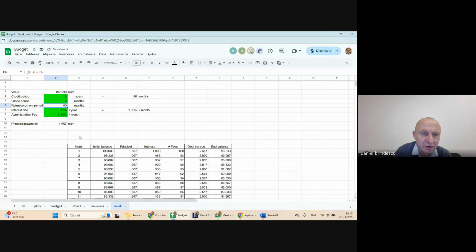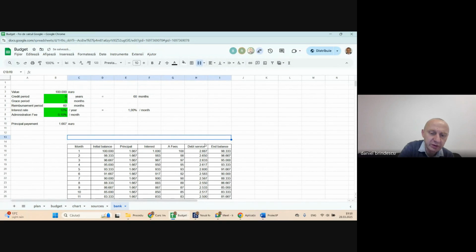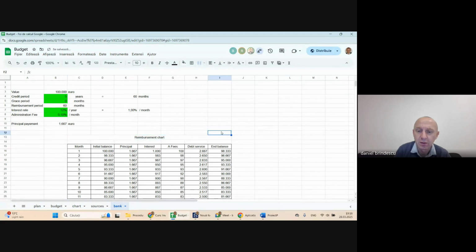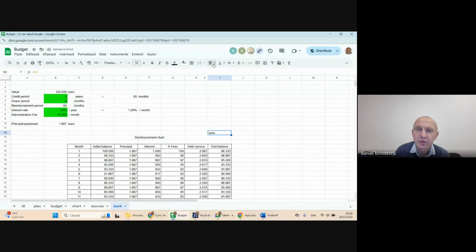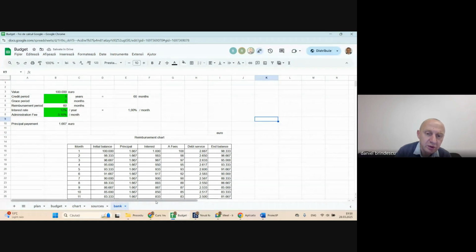So I'm leaving you access to the chart. Let's call it reimbursement chart. And my suggestion is that you just link the sheet to your own table of financing sources and simulate your own bank loan when you get there. Now,